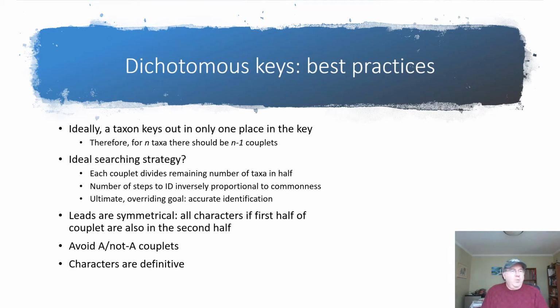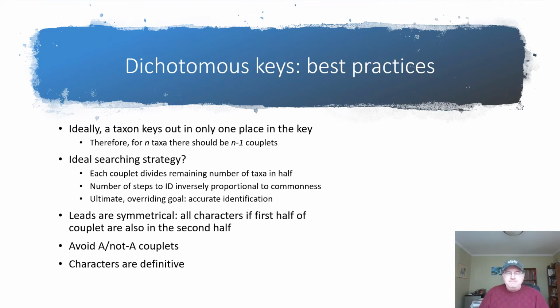If I say wings present, tarsi 5 segmented, and cerci elongate, go to couplet 2, versus wings absent, again, you're back at the same point. If you don't have wings, you're stuck because you don't know what the number of tarsal segments or what the shape of the cerci are in the second half of the couplet. So a good key will always be symmetrical, be balanced, and talk about all of the characters in both halves